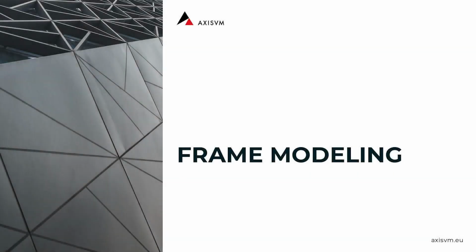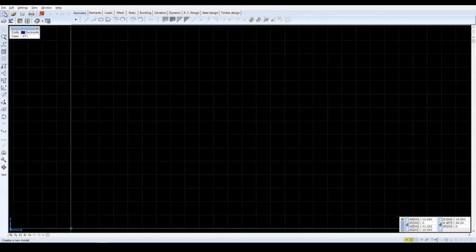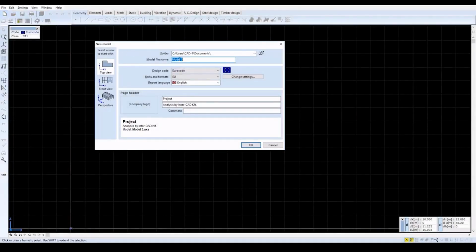Welcome to the AXISVM frame model video tutorial. The frame will be designed under the Eurocode standard. In AXISVM, create a new model. Set the model file name to frame, select Eurocode from the design codes, and set the units and formats to